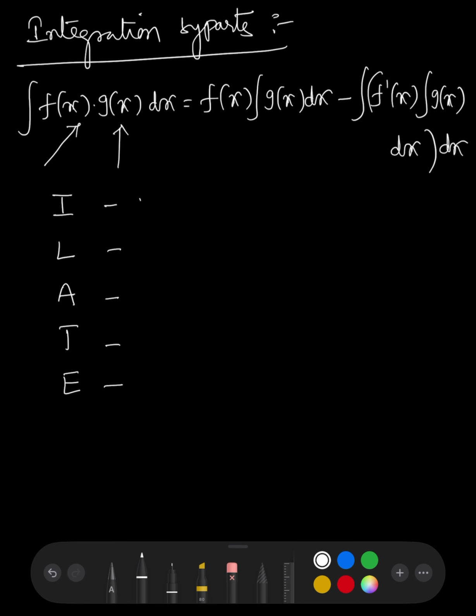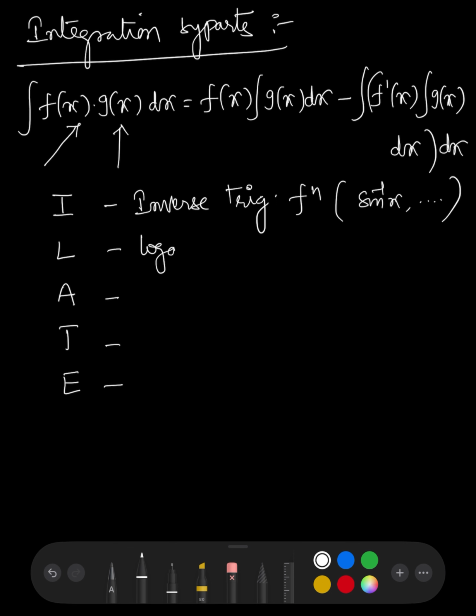I is inverse trigonometric functions, like sin inverse x, cos inverse x, tan inverse x, etc. L is logarithmic functions: log x, log 3x, log 2x, like that. And A is algebraic functions,